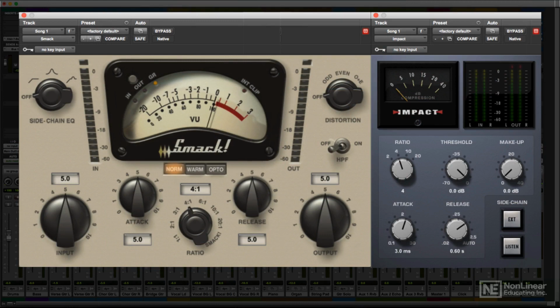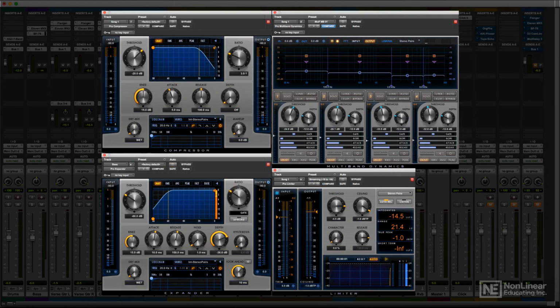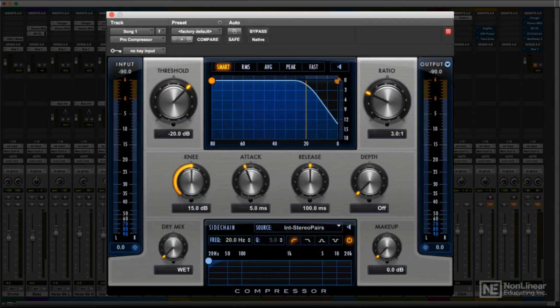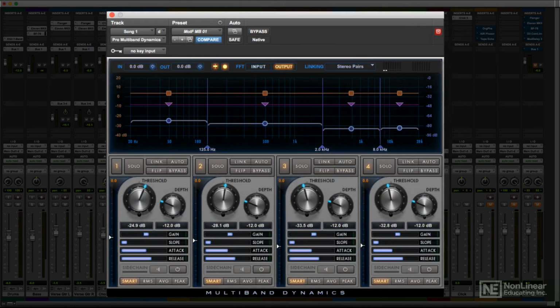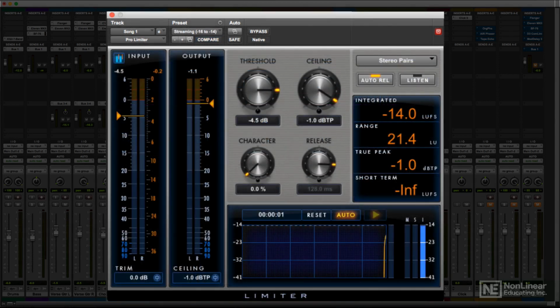We'll go over the included Pro Series Dynamics plugins, a set of full-featured high-end processors with advanced capabilities. These include the Pro Compressor and Expander, which add additional features over and above Pro Tools' basic compressor and expander. The Pro Multiband Dynamics plugin fills in a long-time gap in Pro Tools' included plugin set, enhancing Pro Tools' mixing and especially mastering capabilities. And the Pro Limiter, with its included LUFS and true peak metering, is a significant addition